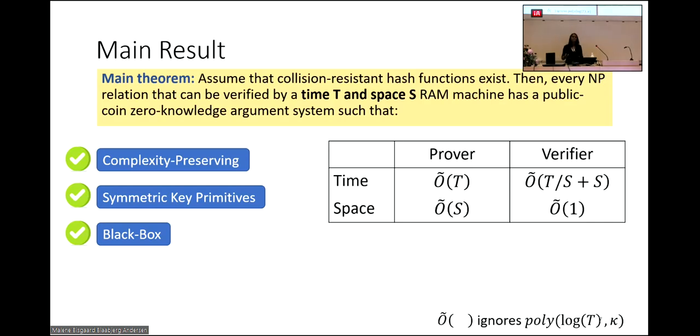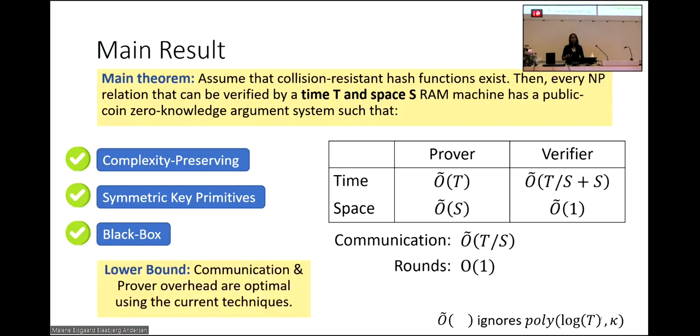When t is much bigger than s, we get a verifier which runs better than order t, and the space of the verifier is polylog t. The communication is also better than t, and the number of rounds is constant here. We complement our upper bound with a lower bound where we give evidence that this communication and the prover's complexities